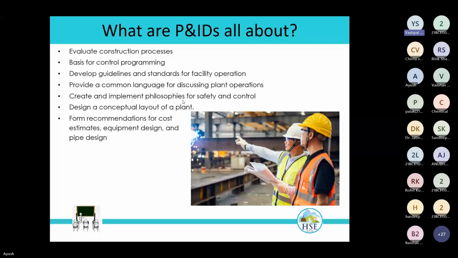P&ID gives the basic guidelines. So what should be the process? Process controls, in defining the process control also P&ID is helpful, and in defining the safety features or the requirement of the safety of the process also P&ID is very useful. So through this P&ID we give first the